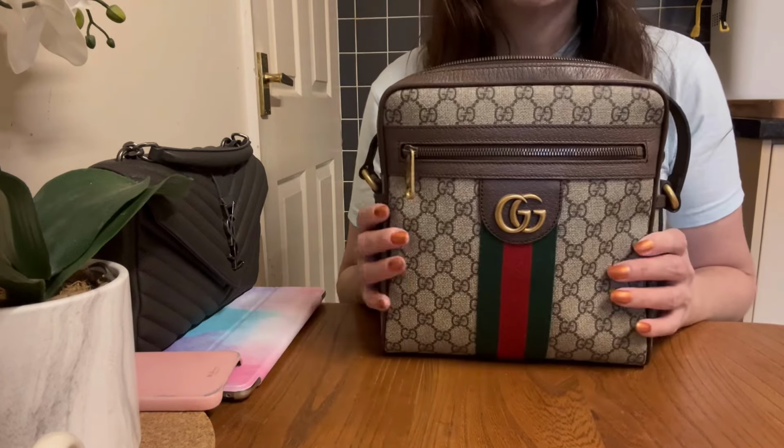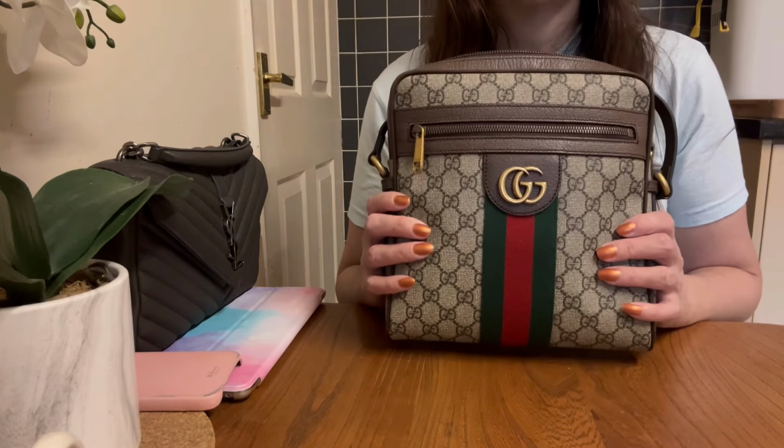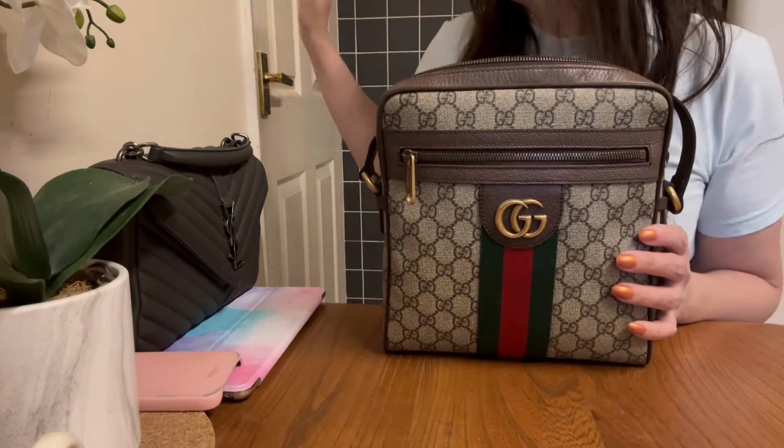And when I do use it, it's really practical. It would make a great city bag. So I think when I go to New York next year,